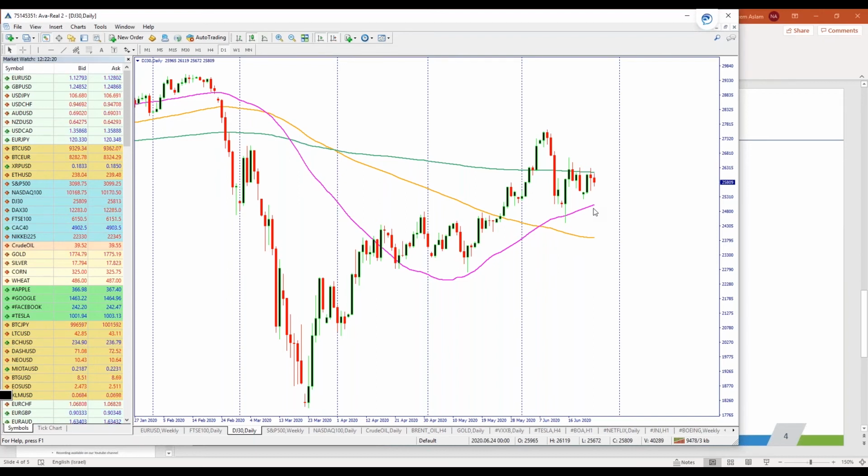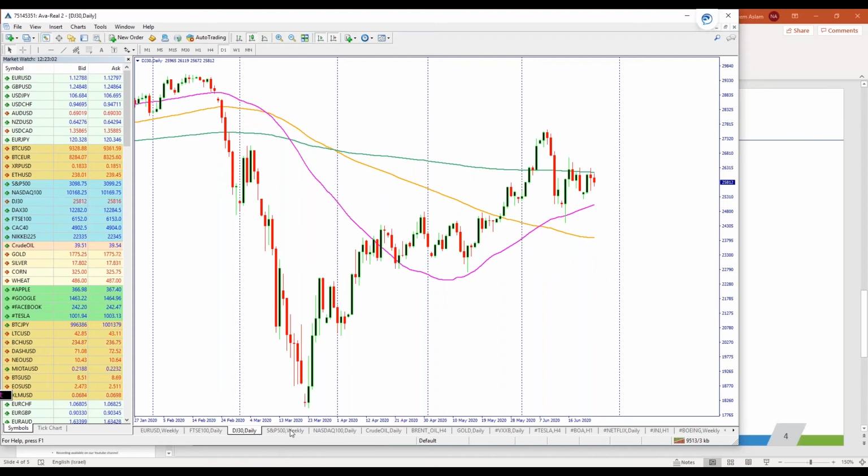And if you are short on the Dow Jones, the positive sign is that the price hasn't been able to move above its 200-day moving average, and that is again a sign that the bulls have lost their momentum, or it's not at the same magnitude as it used to be. Another bullish sign is that the 50-day moving average has crossed above the 100-day moving average. But for that to remain in place, the price needs to remain above the 50-day moving average, because if that doesn't happen, then clearly we have a wrong signal for this particular price action.